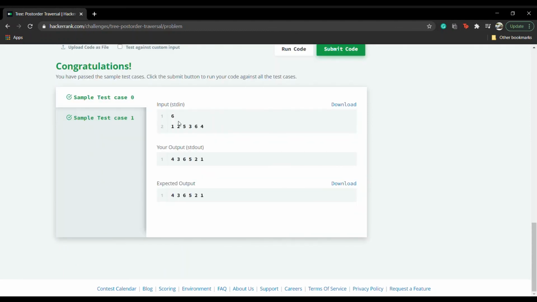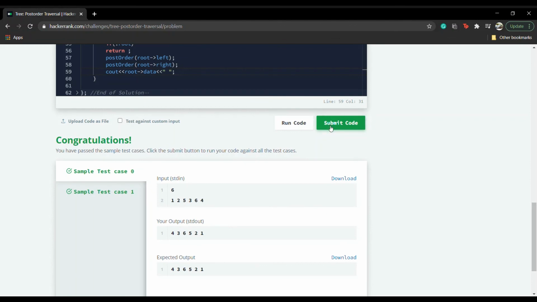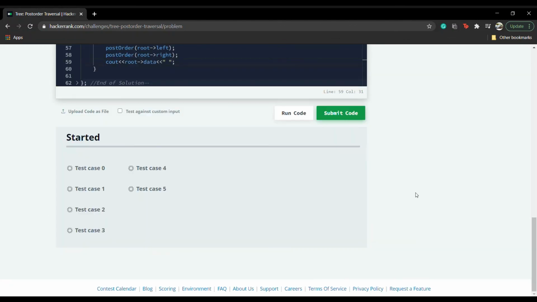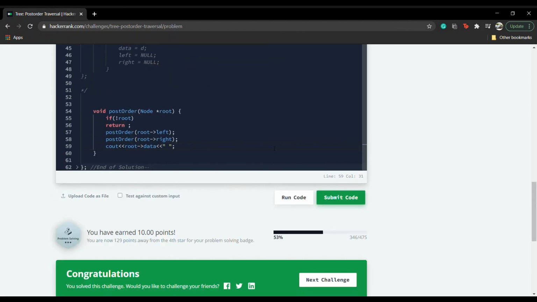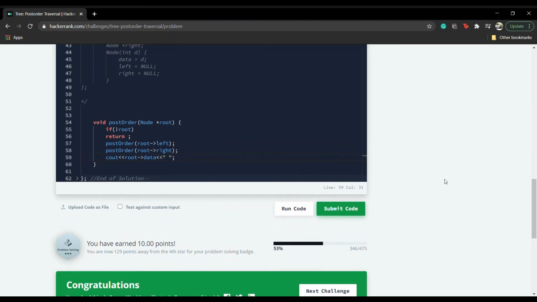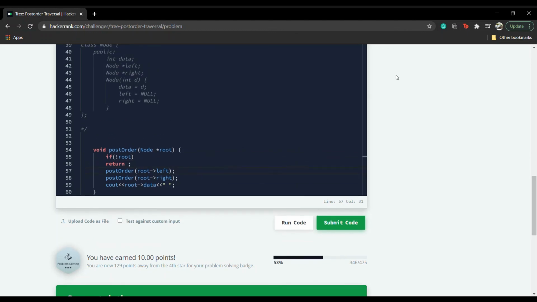So great, this is the test case that we just discussed, and both the outputs are same, so it has passed. Let's submit this. So great. The code has worked, and here the main issue is of dry run, or the code is really small and very straightforward. So you don't really have to worry about this, but the logic is what really matters.